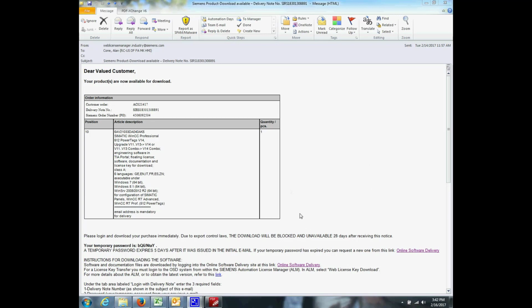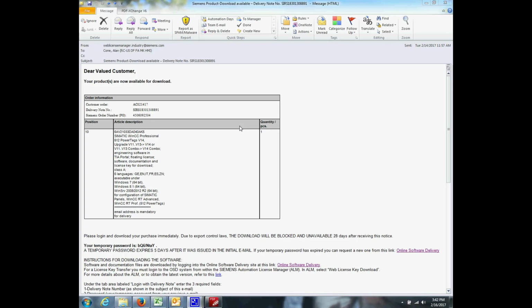And to transfer licenses, you need to do that with the Siemens Automation License Manager. If you don't have that already installed on your computer, or you're not sure where to get it, it comes with all Siemens software packages, but since you're just buying this for the first time, we also provide a link. So the email I have up there right now is from our web license manager,